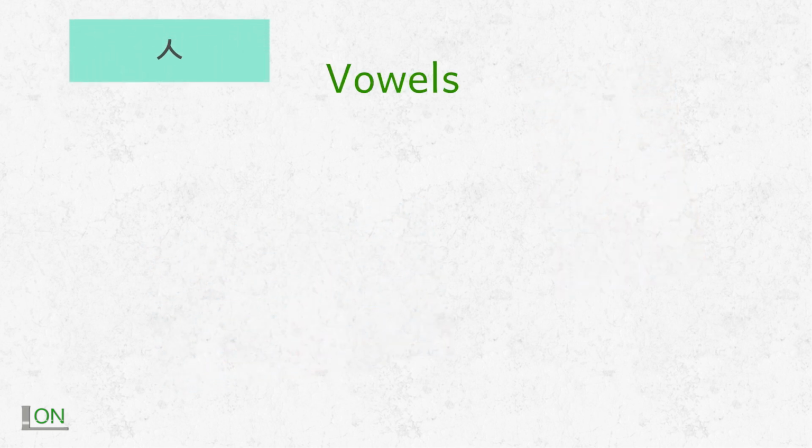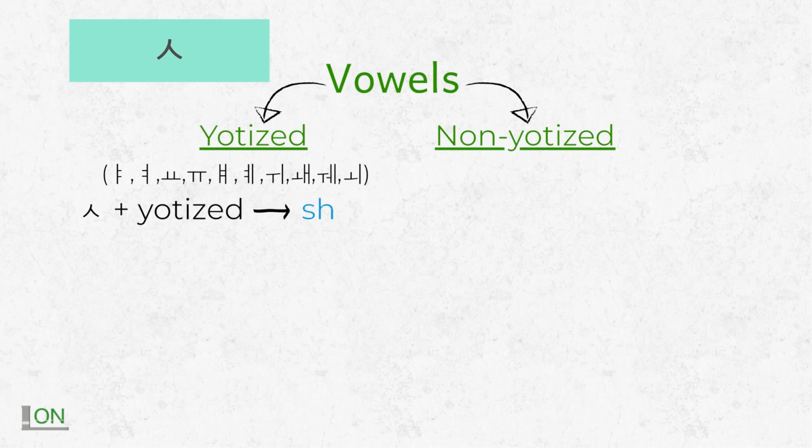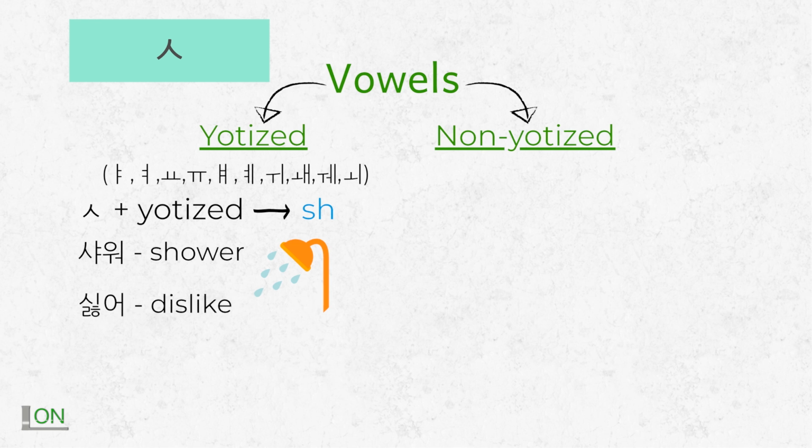So vowels are divided into two parts. There are iotized vowels and non-iotized. First, let's look at iotized vowels. Iotized vowels are ya, yo, yu, ye, we, we, and also e. So s plus iotized vowel is going to be pronounced as slight sh. For example, shower, 싫어, dislike, 쉬, we,